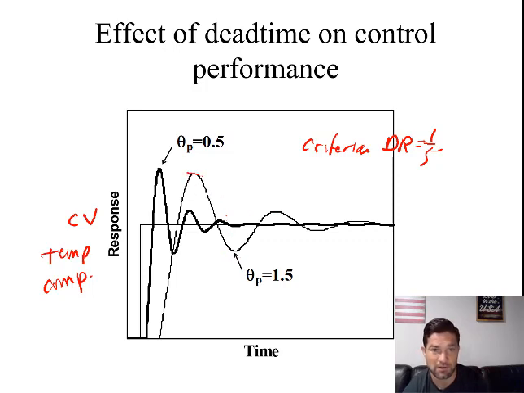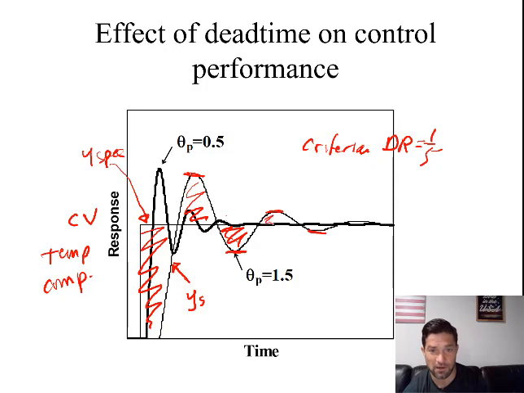Right, so if we tune our controller for a decay ratio of 1/5, when our system has a lag time, or a dead time, of about 1.5, and this is arbitrary units, it could be minutes, hours, you can see for the same sort of decay ratio of 1/5, the error between the set point, so this step right here can be our y specified, and this response is our y sense value. So we can see in this case right here, there's a lot of error between our control variable and our